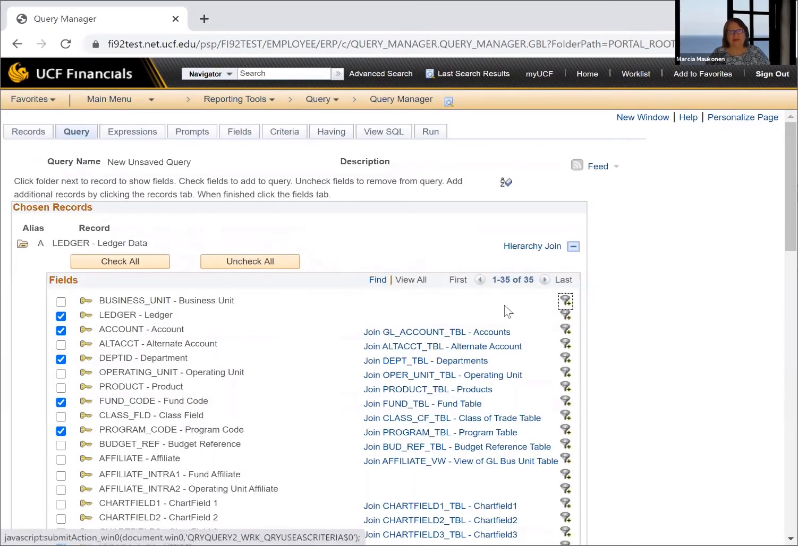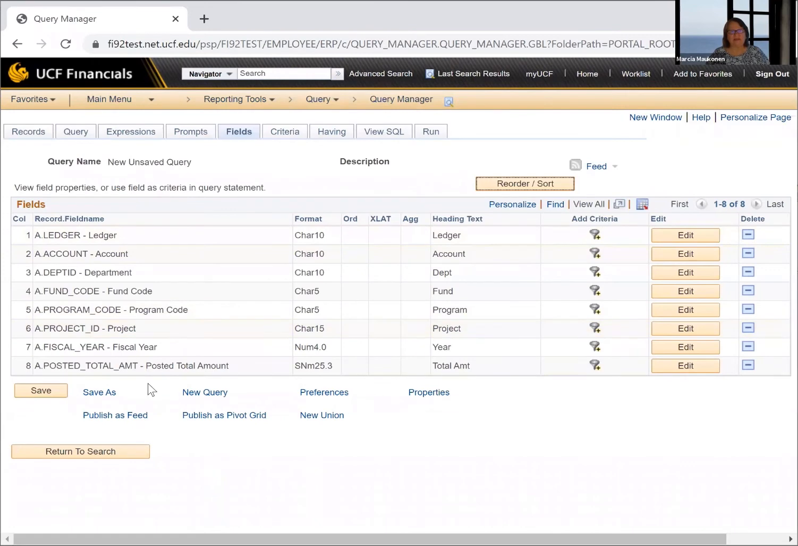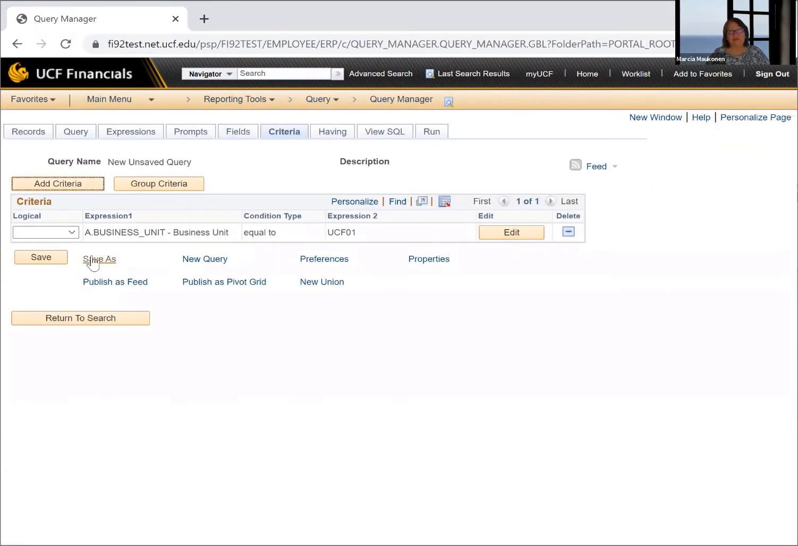Now that I've added my business unit, it's not going to show up in fields because I didn't select it here. I don't want to show it, right? So if I go to fields, I don't see business unit. But if I go to criteria, I should see my piece of criteria. And here it is. It's always important after you add criteria to double check that you've done it correctly. Come over to the criteria tab, which is a great place to review all your criteria, and remove it if it's not correct